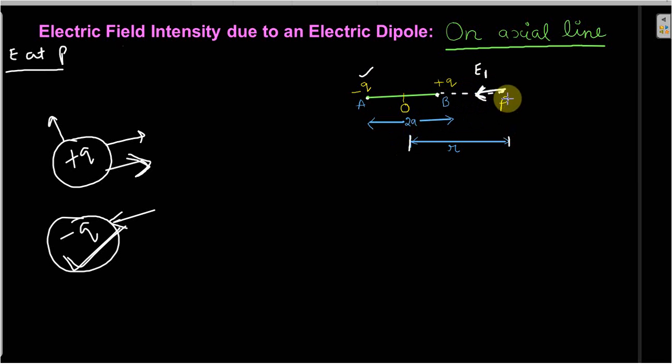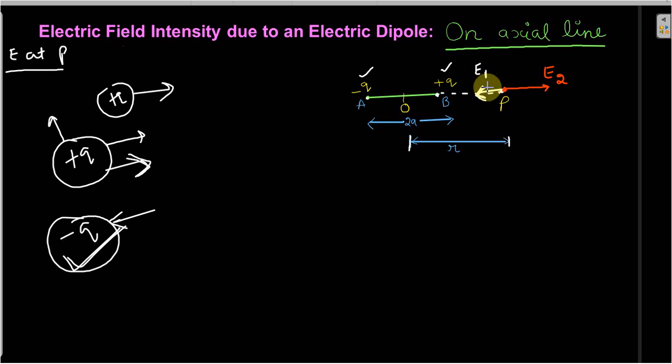Now similarly we want to find electric field at P point due to this positive Q charge. As we know, for positive Q charge, direction is away. So we will draw the vector. I will show this one with a different color. This is the field produced by the positive charge. This is your E2. Now if you compare the length of these two arrows, which one is greater? E2 is greater than E1.